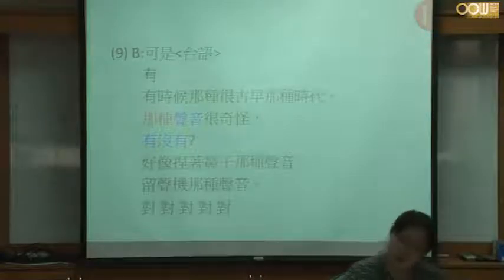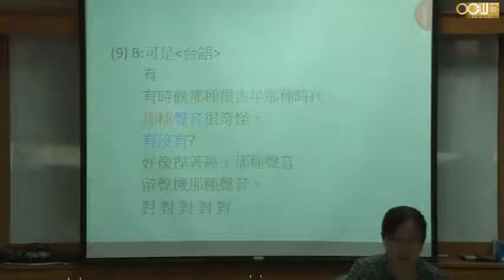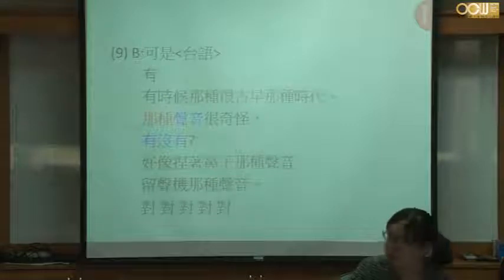第9个例子跟刚才一样，只是我们现在注意的是不同的地方，就是那种声音很奇怪。你说这是什么功能？这个是 discourse marking。什么叫做 discourse marking？可不可以解释一下？它跟刚刚的 introducing a referent 有什么不一样？